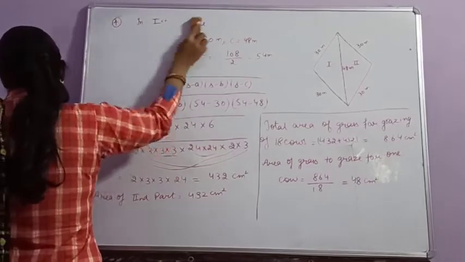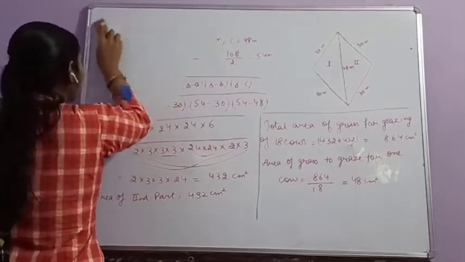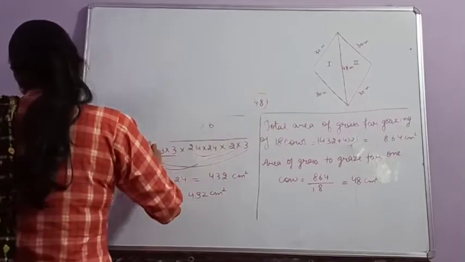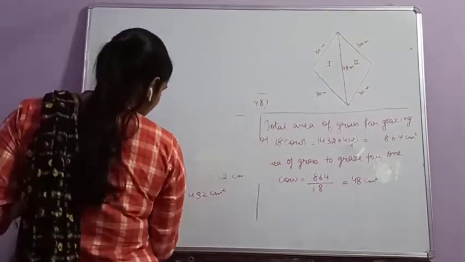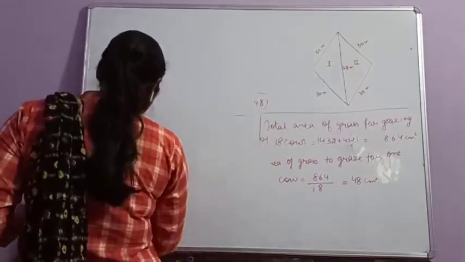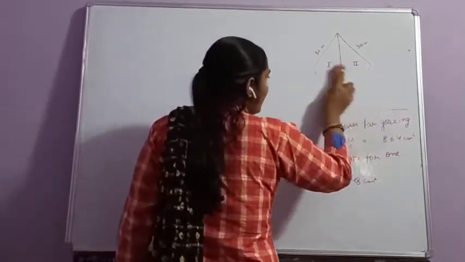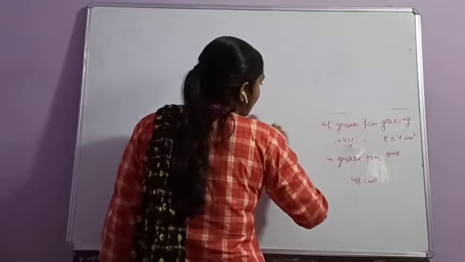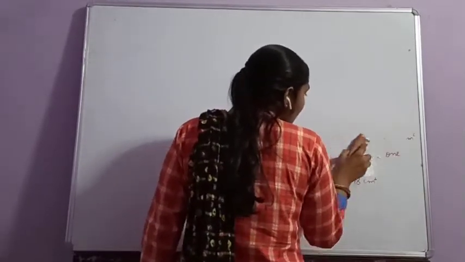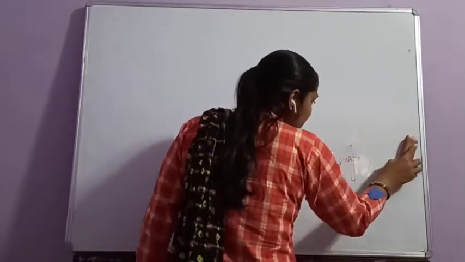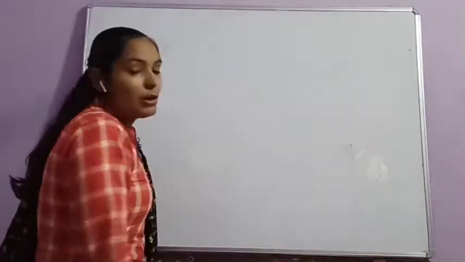an umbrella is made by stitching 10 triangular pieces of cloth of two different colors. ठीक है, आपके पास एक अम्ब्रेला बनाया गया है. किससे बनाया गया है? 10 ट्रायंगुलर पीसेस को स्टिच करके. ठीक है, और जो 10 ट्रायंगुलर पीसेस हैं आपके पास वो 2 कलर्स के हैं. ठीक है, अगर 2 कलर्स में है आपके पास, इट मींस 1 कलर के कितने पीसेस हैं आपके पास? 5 ट्रायंगुलर पीसेस. क्लियर?